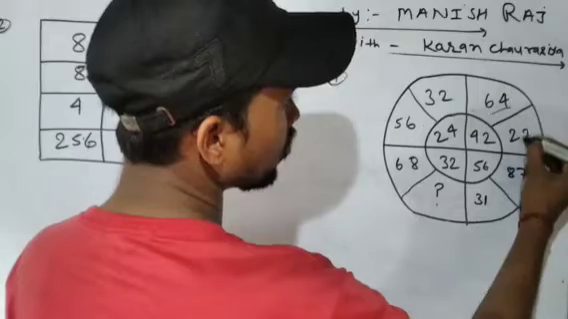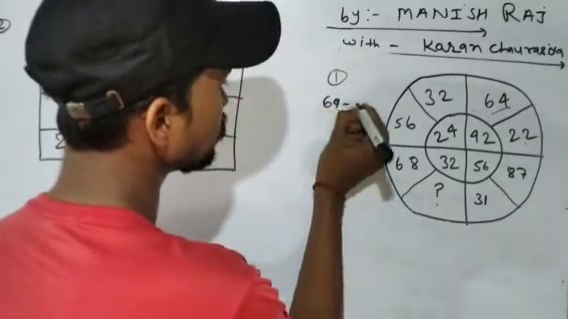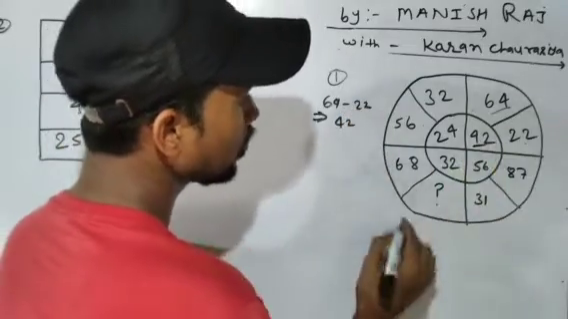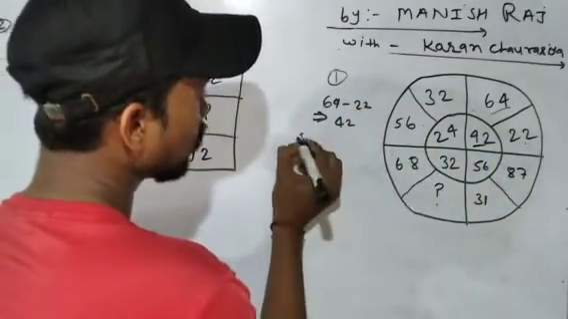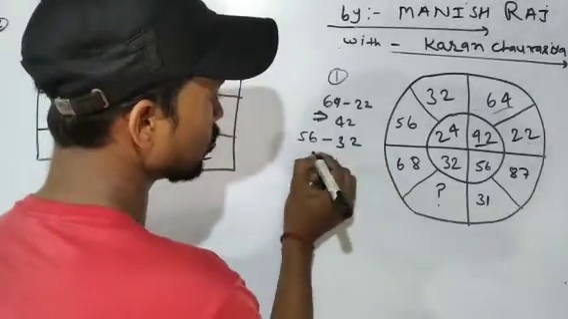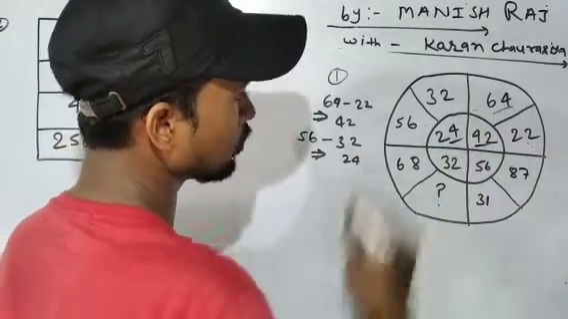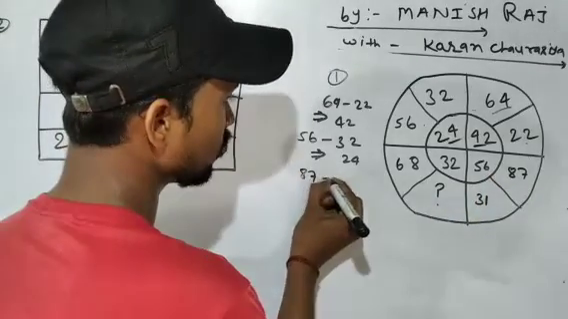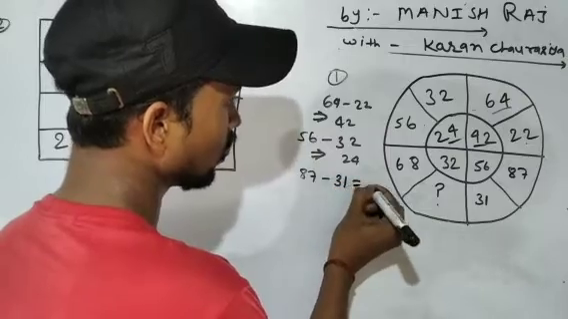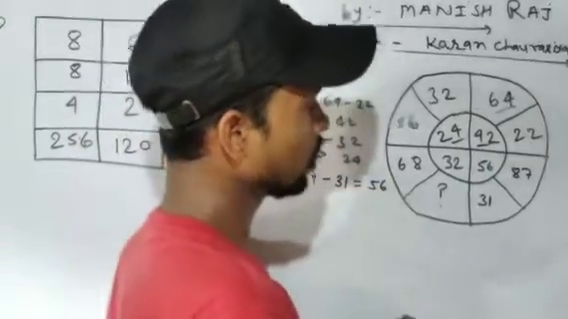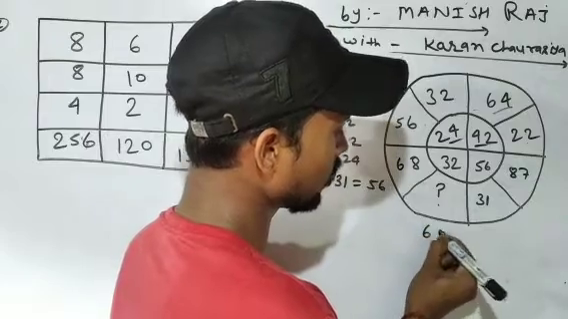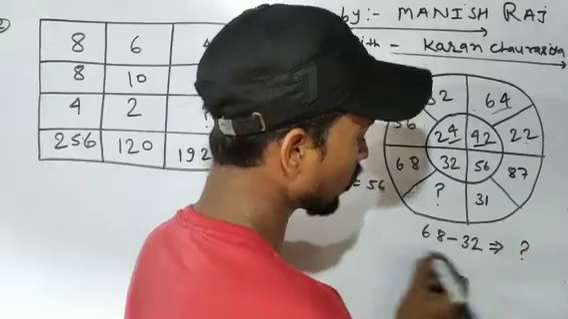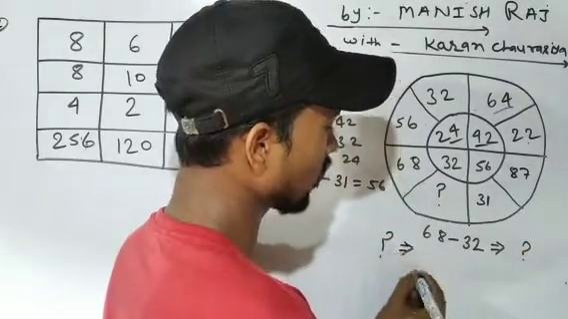When 64 subtract 22, then we get 42. Okay? Or 56 subtract 32, then we get 24. Okay? Or 87 subtract 31, then we get 56. Then we can of course write 68 subtract 32 equal to place of what. According to the place of what, we can of course write here